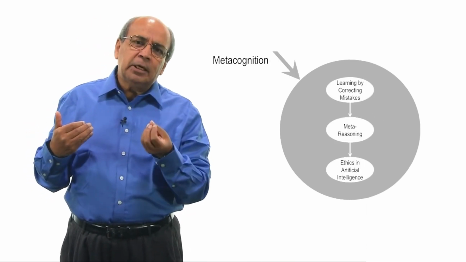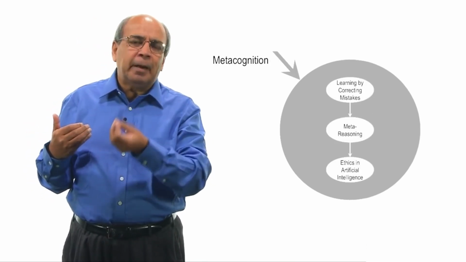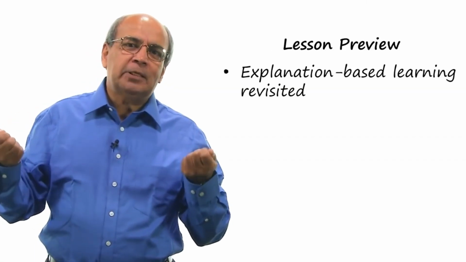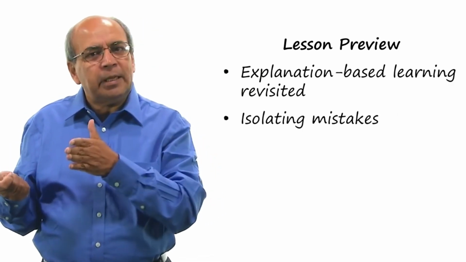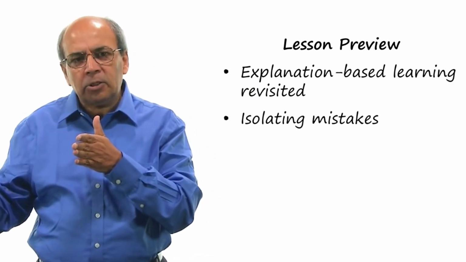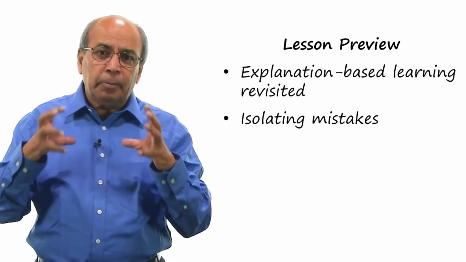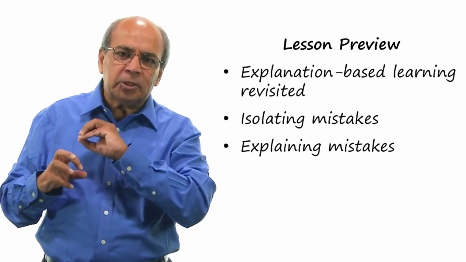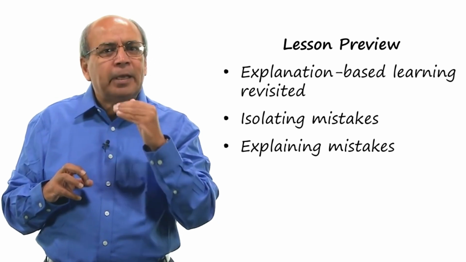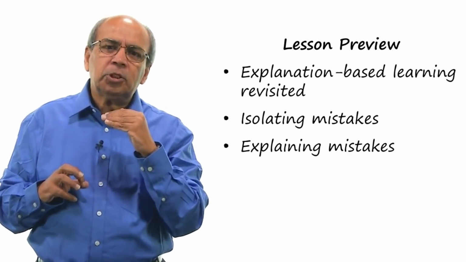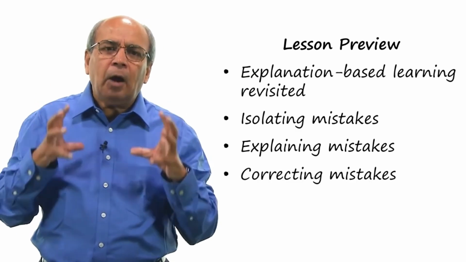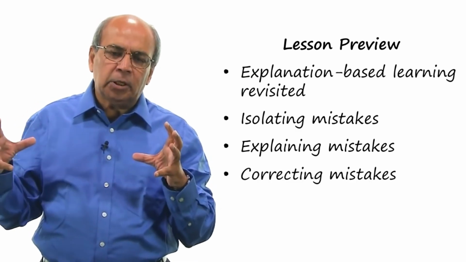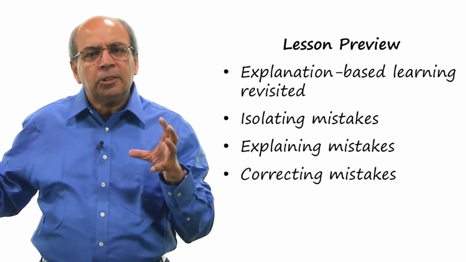Learning by correcting mistakes is our first lesson in meta-reasoning. We'll start today by revisiting explanation-based learning. Then we'll use these explanations for isolating mistakes. This will be very similar to diagnosis, except that here we'll be using explanation for isolating mistakes. This will make it clear why explanation is so central to knowledge-based AI. Then we'll talk about how we can use explanations for correcting mistakes, which will set up the foundation for subsequent